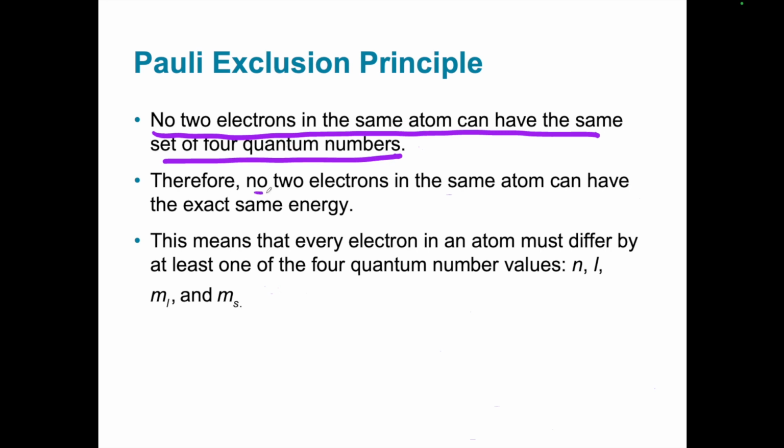So no two electrons in an atom can have the same exact energy, because remember that the orbitals represent energy levels. And so no two electrons can have the exact same energy, and that's what the Pauli exclusion principle says. And as long as you're filling it up the way I told you to fill it up, the first one is always,